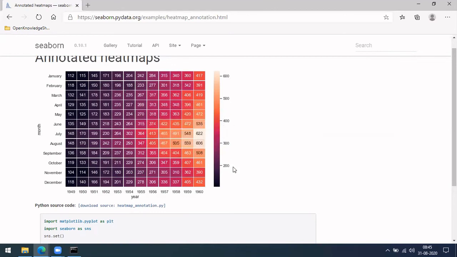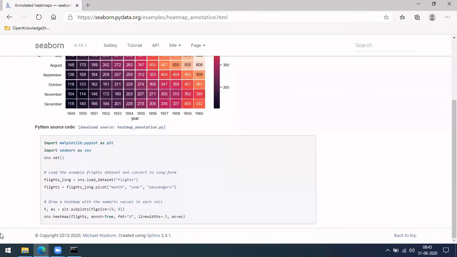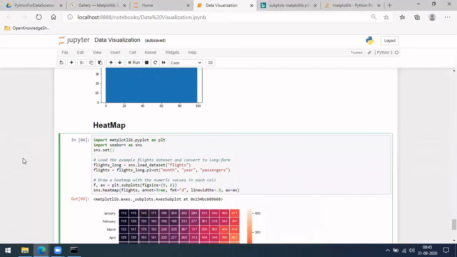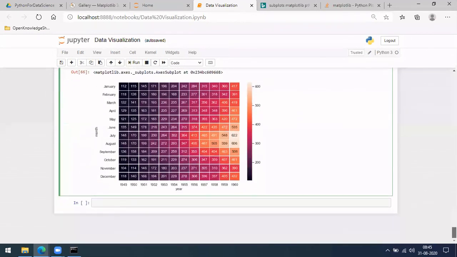Okay. So how you can do it is just sns.heatmap, and then you give one array here and one more array on the other side, and it will plot whatever you want. So let's see if you are able to plot it. So yeah, it has downloaded and plotted the same here. Okay, yeah, this is about it.